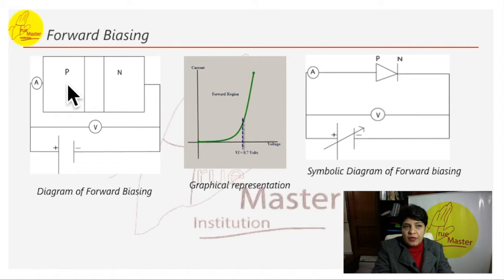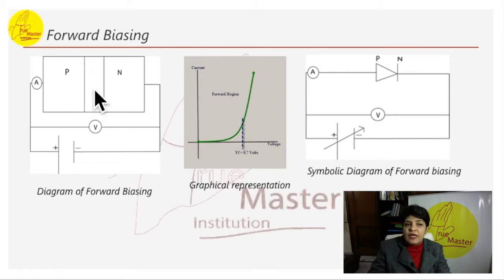The positive of the battery and the positive of the P type repel each other. There was a depletion layer which was formed in the center. Because of this depletion layer, we will notice it will start shrinking. Initially, when the PN diffusion occurred, when we brought the P and N together as neighbors, a potential difference was created. It will keep on reducing due to the connection of the battery to it.